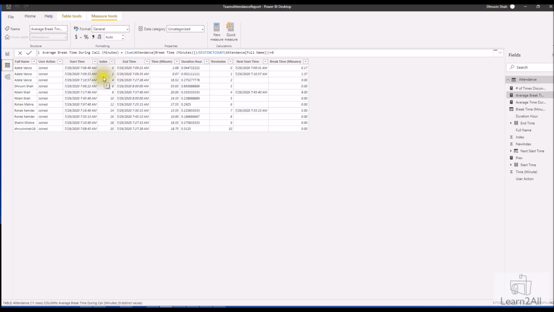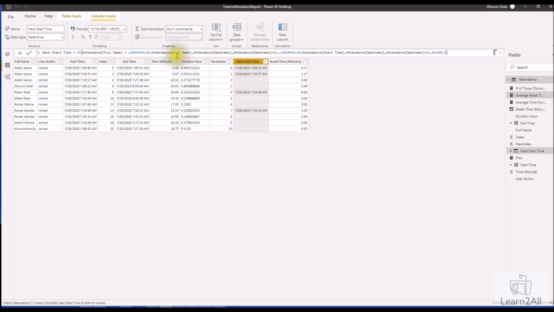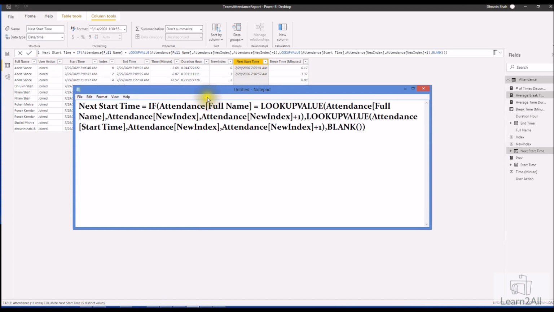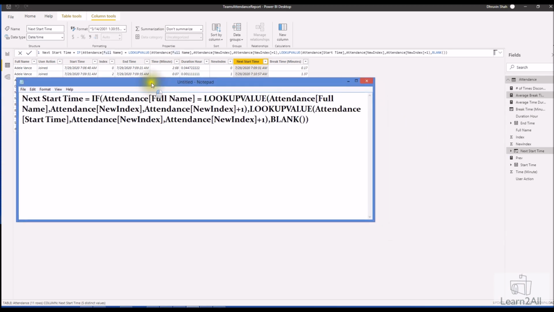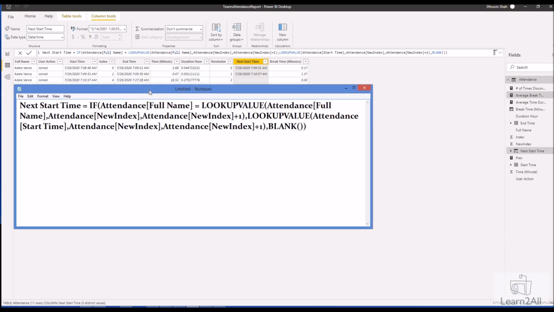For that I need to use one formula. For next start time I use this formula. Let me show you this formula. I used the LOOKUPVALUE formula for that, with a simple logic where I am checking whether this name is available in the next row, then its start time I consider as the first row's next start time.